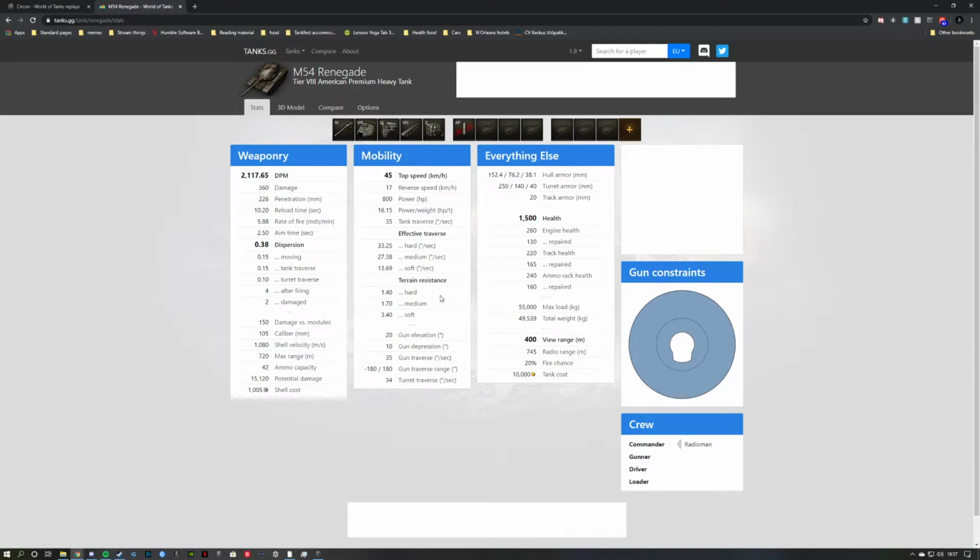I don't find it breaks that often, mainly because your engine and your transmission are both in the back and being shot in the front. Not that likely that your engine will break. It'll happen occasionally, maybe if RT shoots it, or maybe if you're relocating and get spotted and get shot in the side, but if it hits the rear, then that might happen. But really, in most situations, you're not going to get a broken engine. Your tracks may be damaged, your fuel tank may be damaged, but I've not actually had an actual engine fire